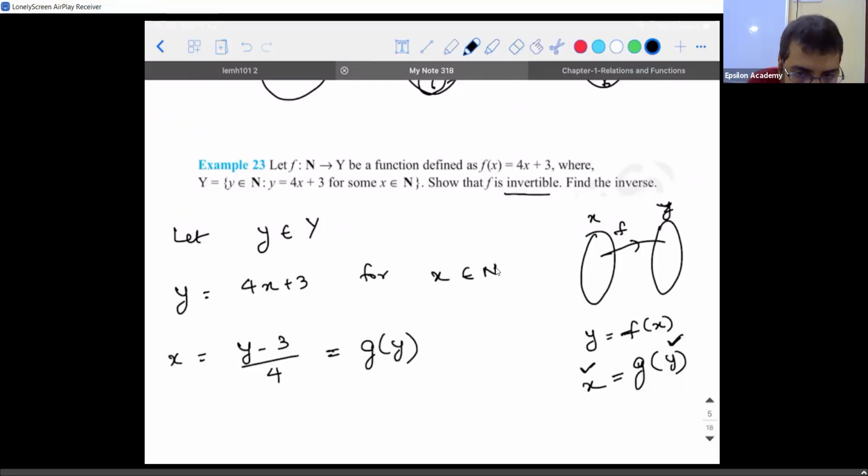Sir, this is the same thing that we do for f of x also, no, sir. y is equal to f of x, then writing x in terms of y. That's what I did, no? This is what you did for onto, no, sir. Then how is it different? It's the same. It's not about different.